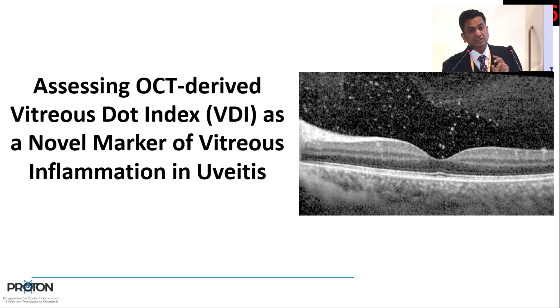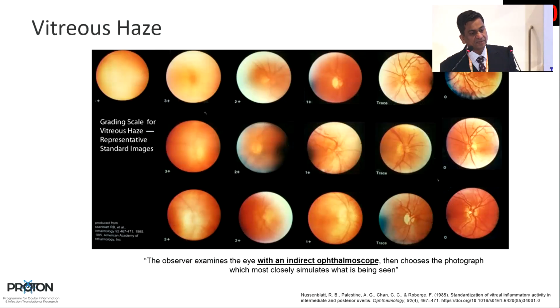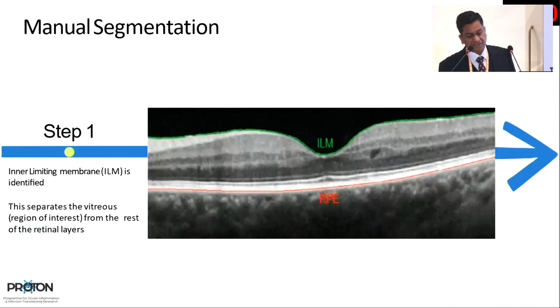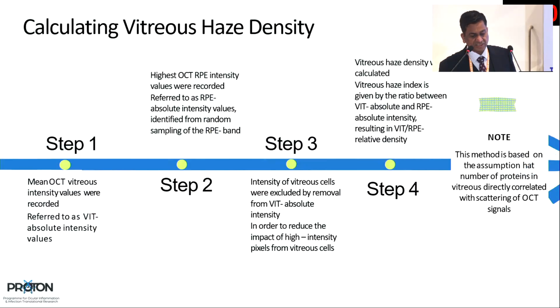So we'll quickly jump to the last part of this talk, which is the vitreous dot index. And this is again a tool in progress, and we are pretty confident this will give us a very strong measure which the FDA is looking for, looking into the vitreous haze. So this work is based on different images, then there is a Zenith Davis score also, and there have been attempts to do it. But what we did is segmentation of the OCT images, manually picking up the vitreous, then calculating the vitreous cell density or the vitreous haze density.